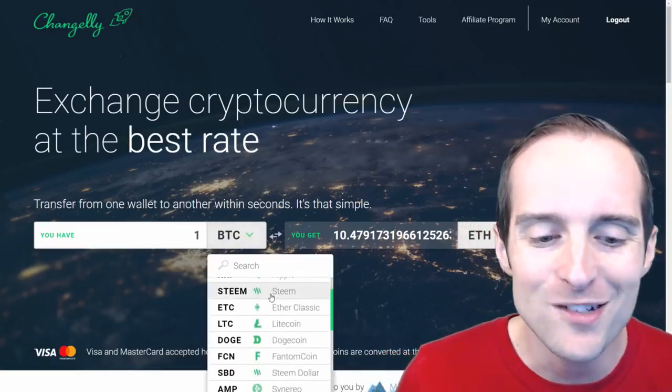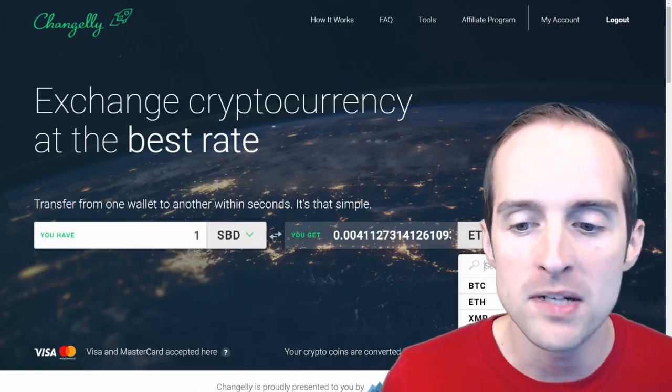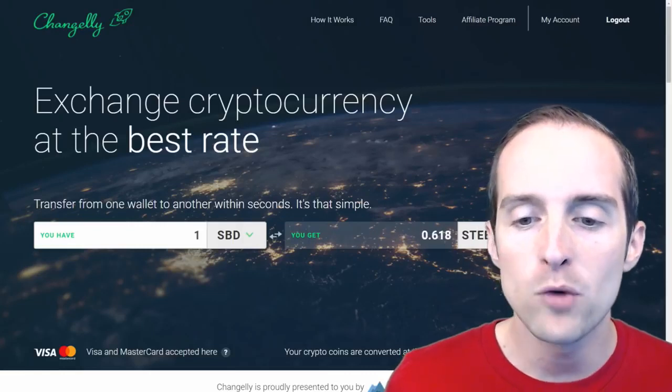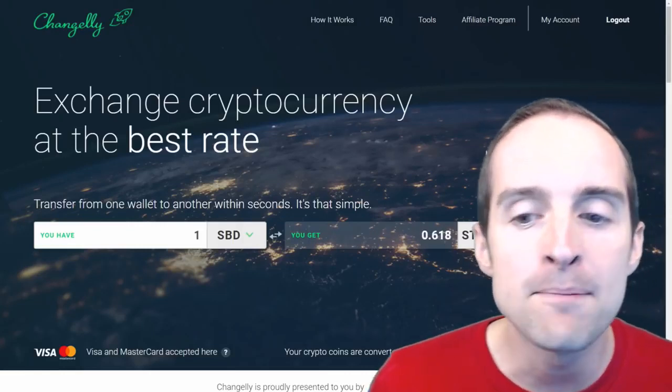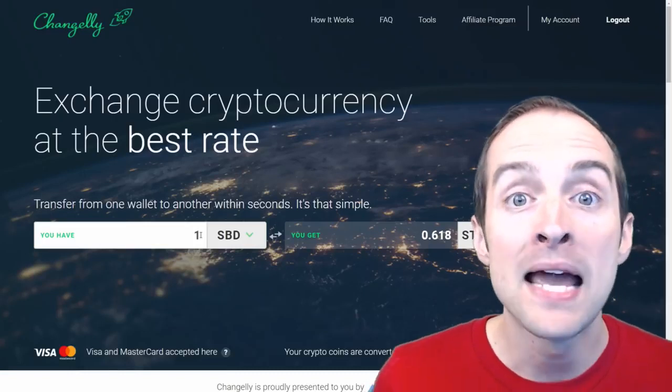What I mainly do, I take the Steem dollars I earn and then change them into something else. So what I'm going to do is just change Steem-backed dollars to Steem in this